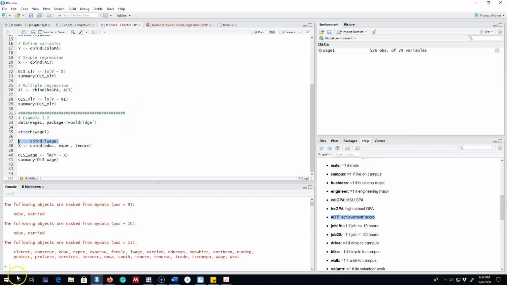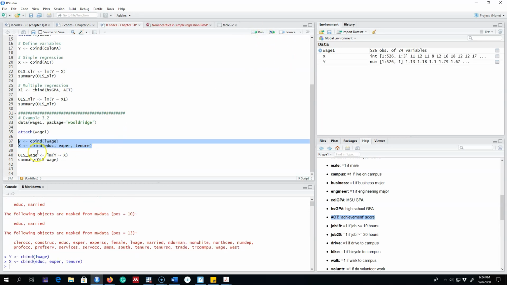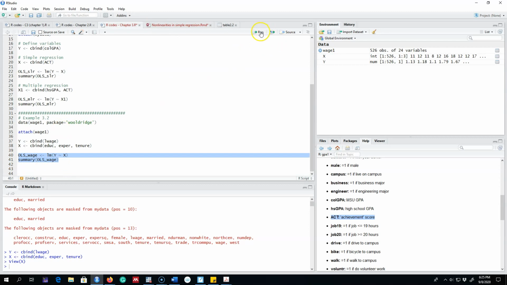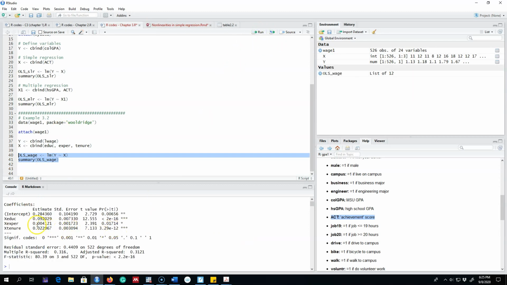The equation that I'm using here has our dependent variable entering in logarithmic form, and our independent variables, three of them, are education, experience, and tenure. And we assume that these variables explain variation in the wages. Remember that our dependent variable is represented in the logarithmic form. Education is represented in levels, that is the years of education. Experience is also yearly, and tenure is also yearly. You can look at the summary statistics of these variables to know more about this data. So we can run these commands and get the summary statistics and look at these parameters.